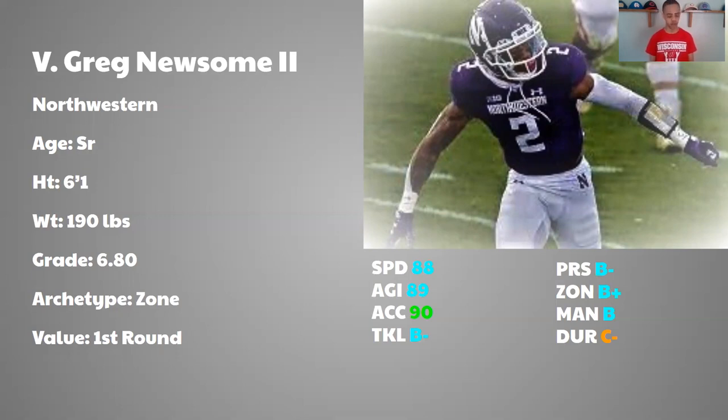New Orleans, pairing him with Marshon Lattimore. He just has that it factor. He's really become a sleeper. He's now my first round grade for me. I think he was a second round grade before I started evaluating these guys in depth before I did this